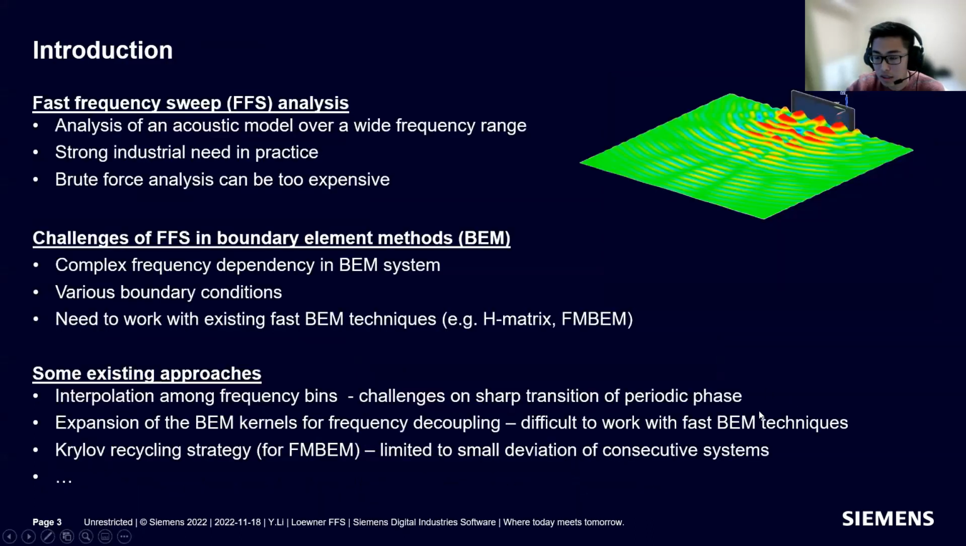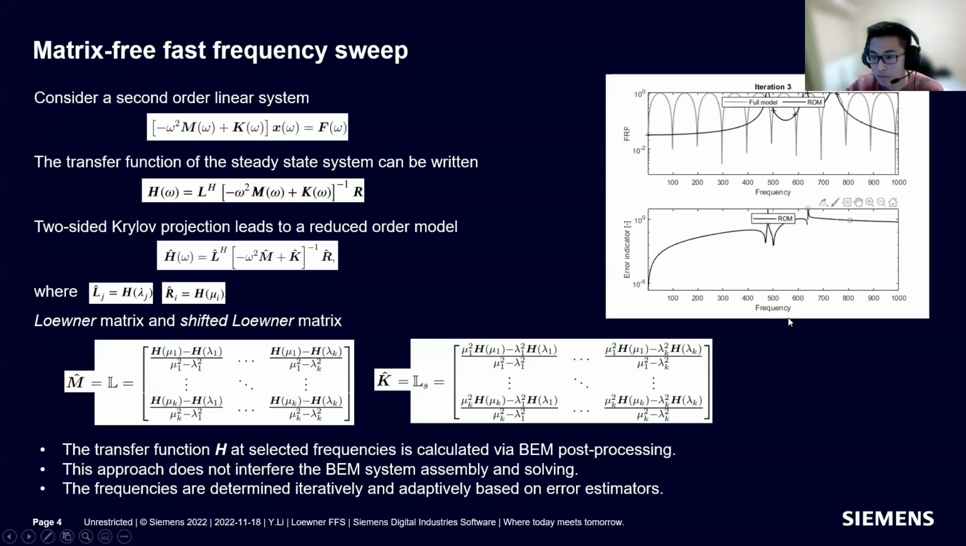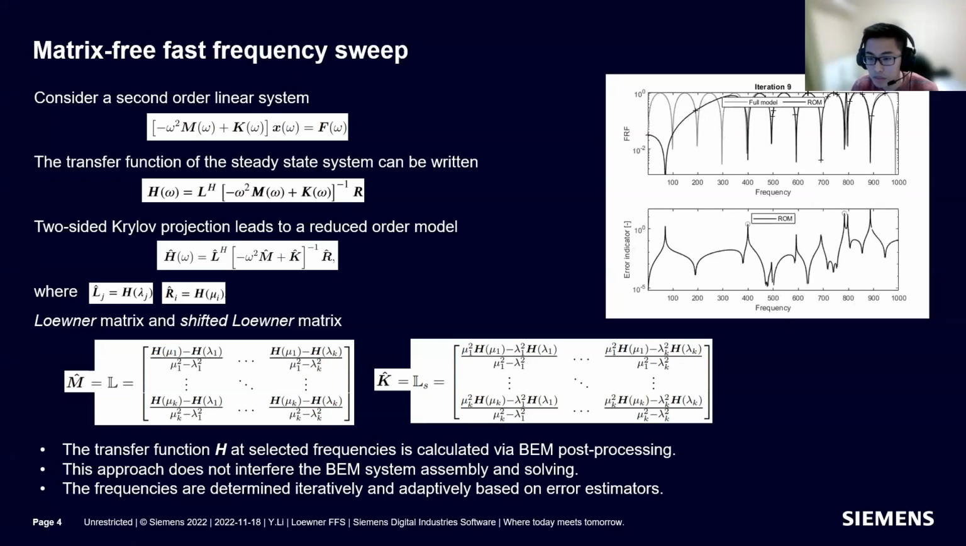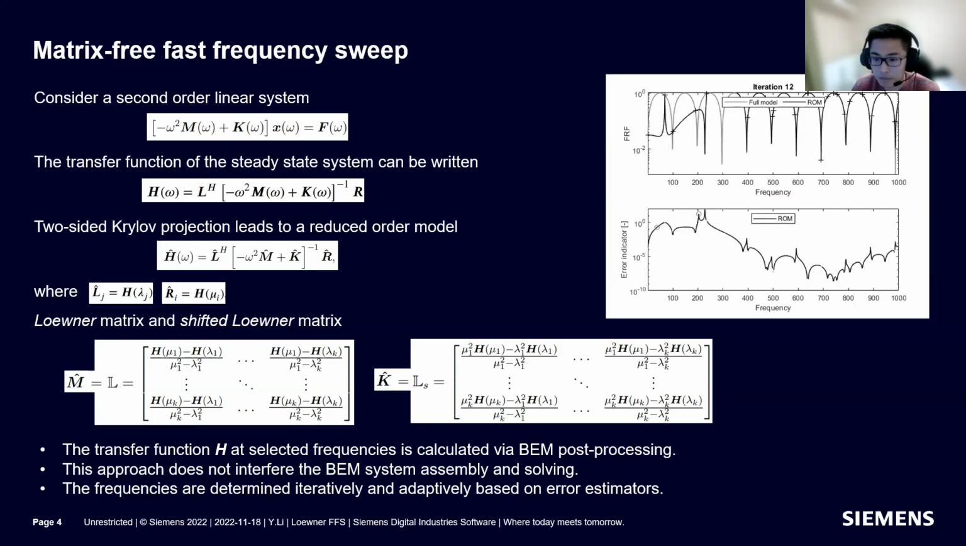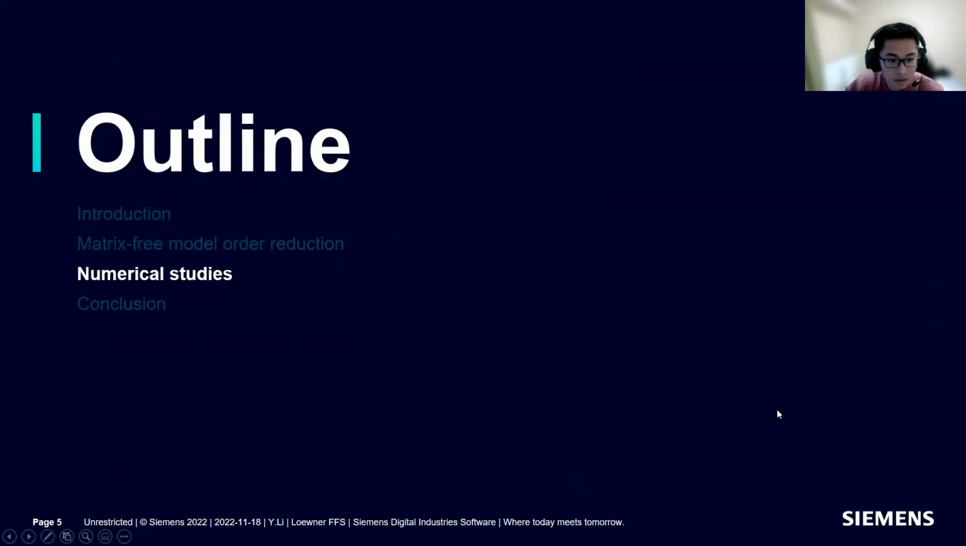On the right, you can see an example of how this matrix-free approach approximates the full model iteratively. On the top is the FRF curve, on the bottom is the error indicator. In the end, we have a very nice match compared to the full order model. Next I will show you some more examples using matrix-free together with H-matrix and the fast multipole BEM,